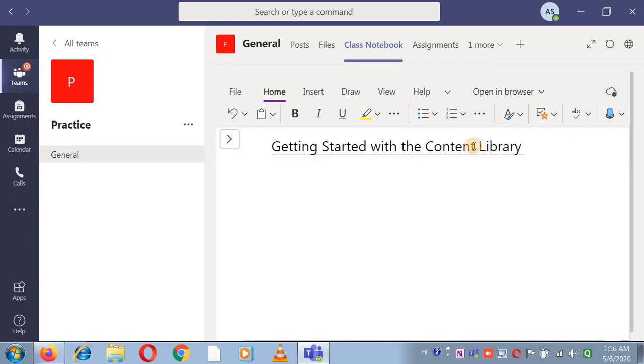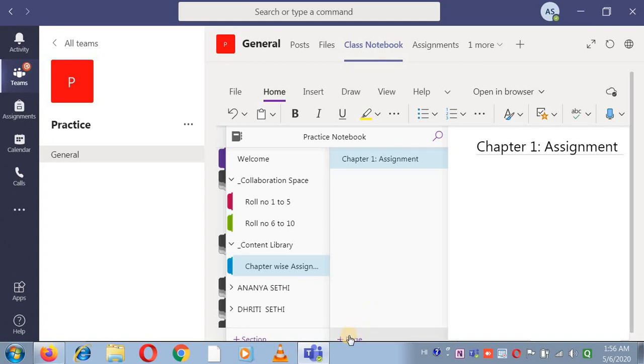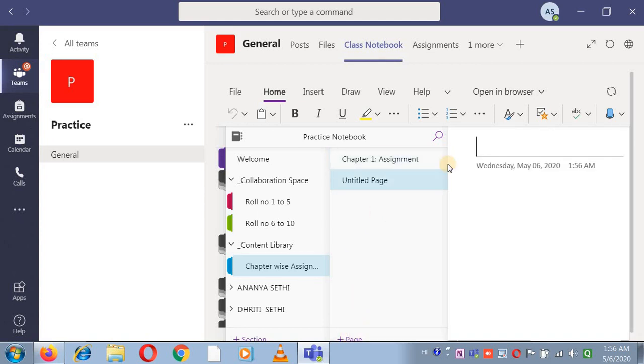Here, chapter 1 assignment. Similarly, you can insert more pages here by clicking on this page and give the heading chapter 2